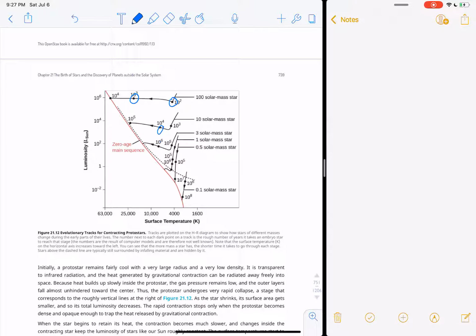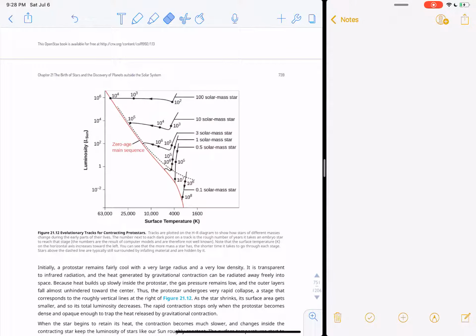Or here, or there, or here, or there, or there. Well, it turns out that the temperature of the protostar will determine its evolutionary track. So basically, how much mass the protostar begins with will determine where it ends up on the main sequence. So we can tell by looking at a protostar what star it will eventually turn into, and when we can